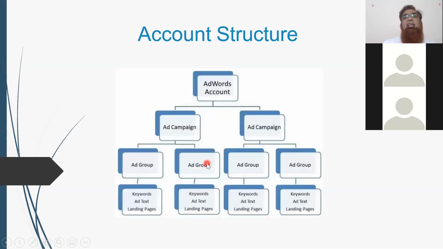So this is the hierarchy of how it is done. Under an AdWords account there are campaigns. Under every campaign there are ad groups. One campaign will have multiple ad groups, but these ad groups will be related. Then these ad groups will be targeted to keywords, and to a landing page. And what is a landing page? It is the page where a user should go when he clicks on the title of your ad. So you have to provide a landing page. It will have keywords and a landing page as well. We will see in a practical aspect how it goes.